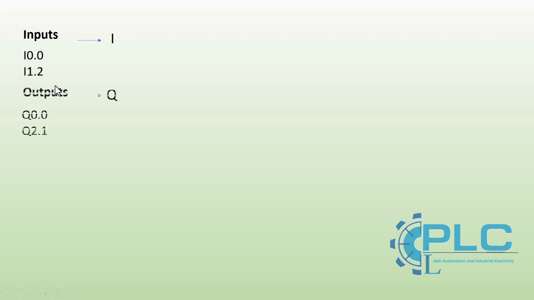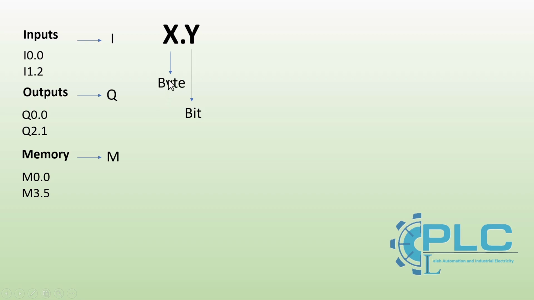Outputs are designated with the prefix Q. For example, Q0.0, Q2.1. Memory bits are designated with the prefix M. For example, M0.0, M3.5. Addressing format. Each address follows the XY format, where